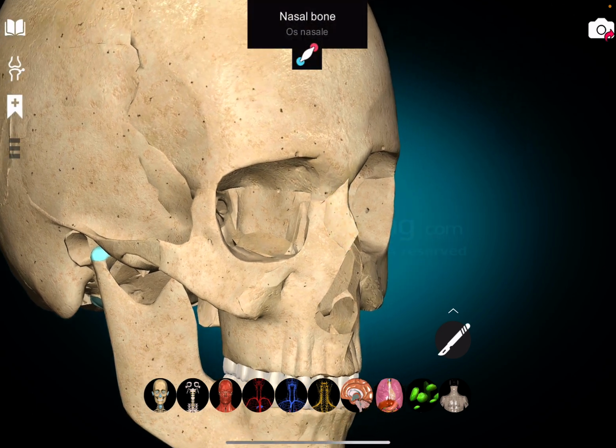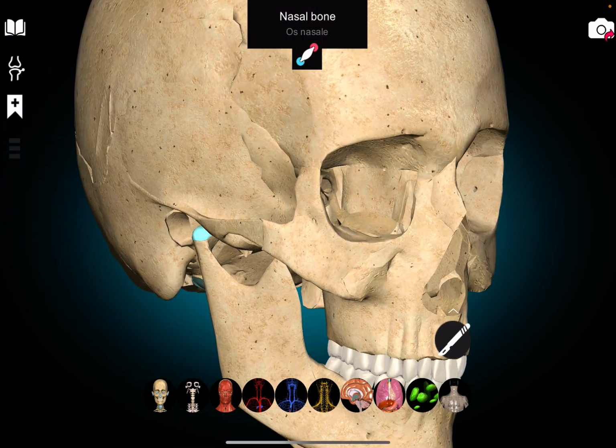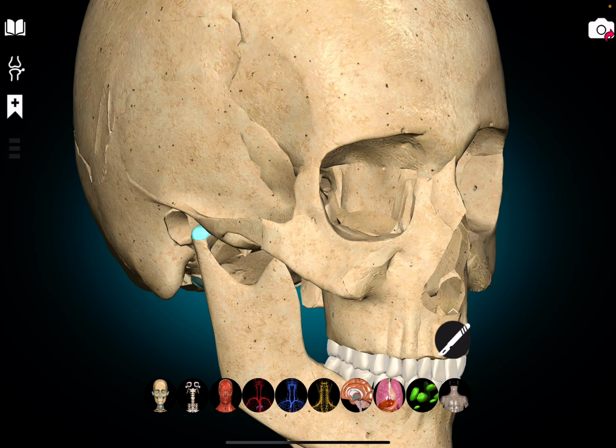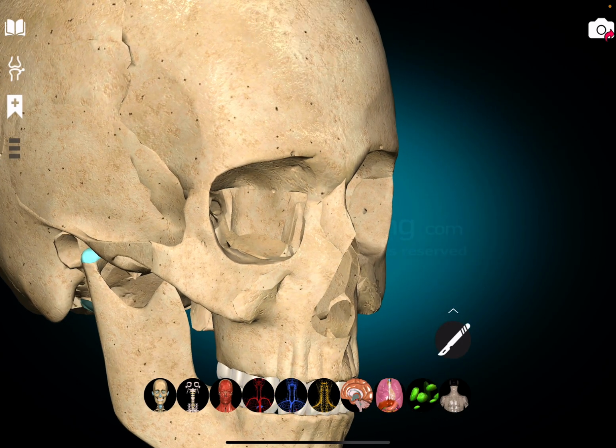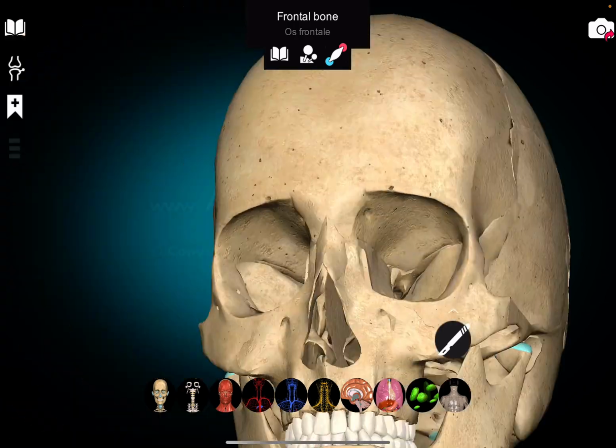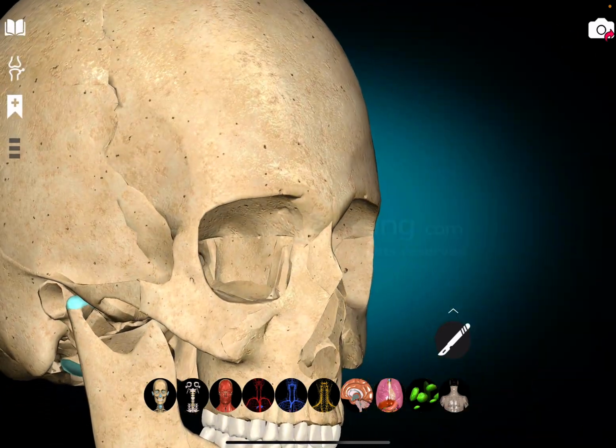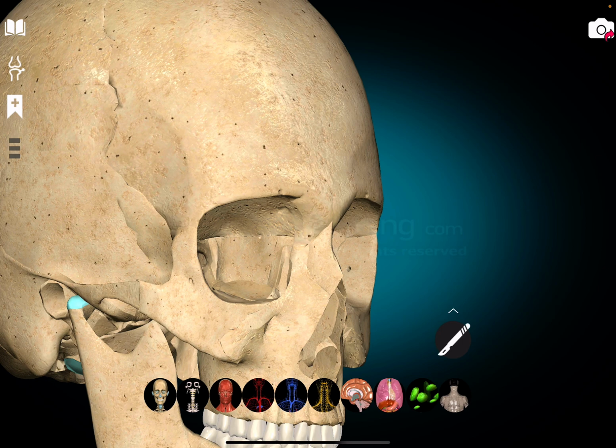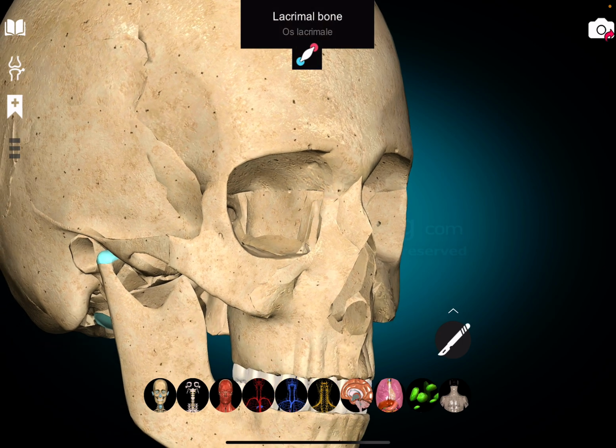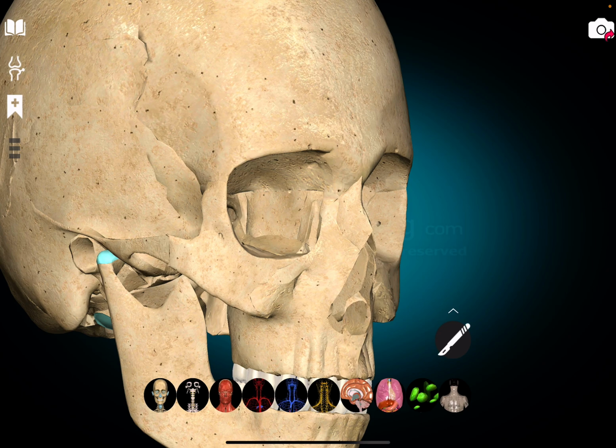So first nasal, second maxilla articulating with the frontal, third lacrimal, having a portion which articulates with the ethmoid posteriorly, having a fossa which houses the lacrimal sac, and where there is a space for this lacrimal fossa